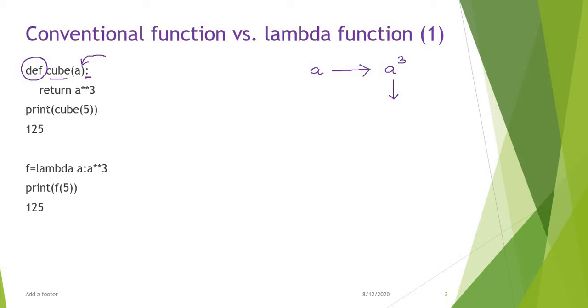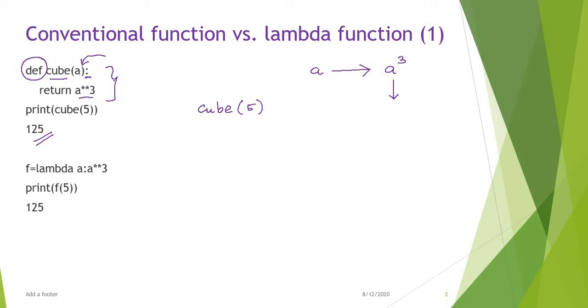Now I am going to print. Since cube is the user defined function, I am going to give some number. It can be any number. For example, I am just giving 5. This 5 is taken as a, so 5 cube, it will return 125. Obviously, if you see, I am using only one expression, a cube, and for that I am defining a whole function. It is actually a wastage of resources. So instead of doing this, since I have only one expression,